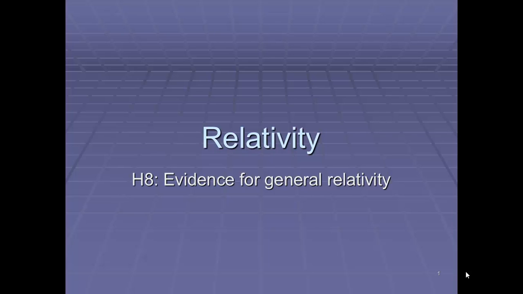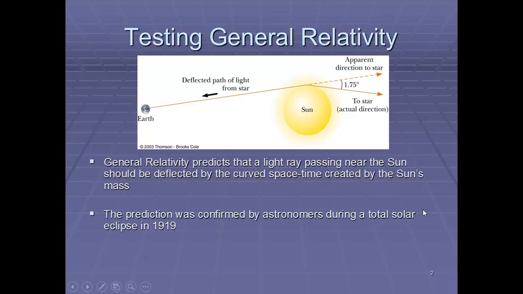During this session, I'm going to provide the evidence which supports the existence of the ideas and concepts of general relativity. So, testing general relativity, we're trying to test to see if a great mass really causes the bending of space-time. And the bending of space-time would cause light rays, let's say for instance passing near the Sun, to be deflected